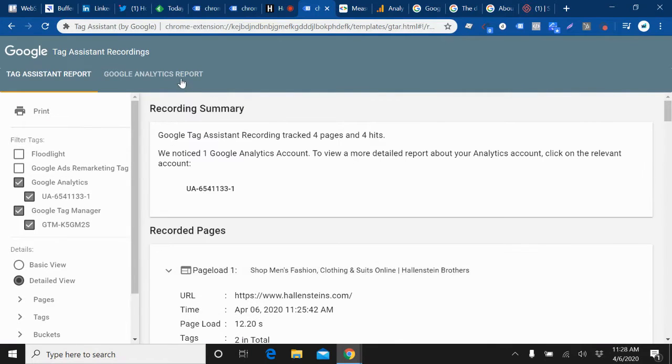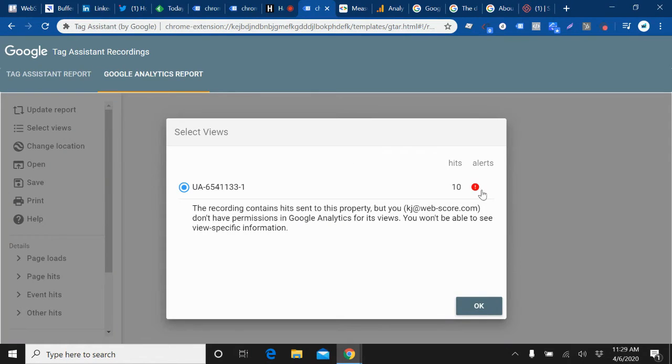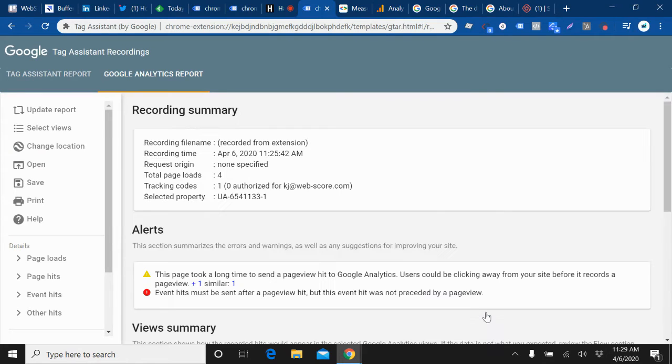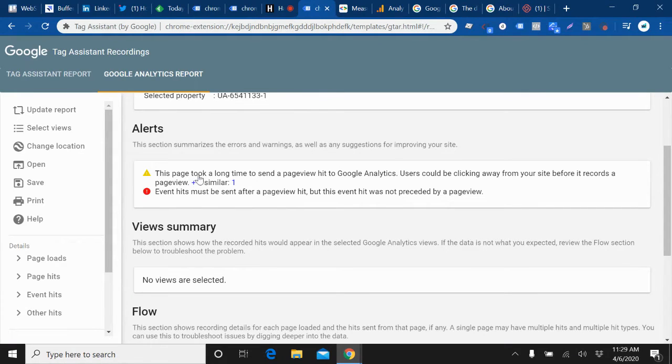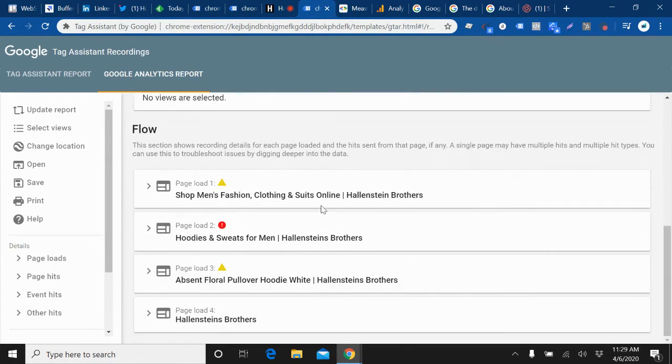If I now move to the Google Analytics report, there are some alerts, and this is exactly why you would use this kind of a report. The alerts are some pages taking too much time, and the risk here is that users might be clicking away from your site before the page view is even sent through to Google Analytics. So that can be dangerous. And also, there are some event hits that are even being sent before the page view hit, which is not recommended or not expected. So when I look at each of those 4 pages that I visited,